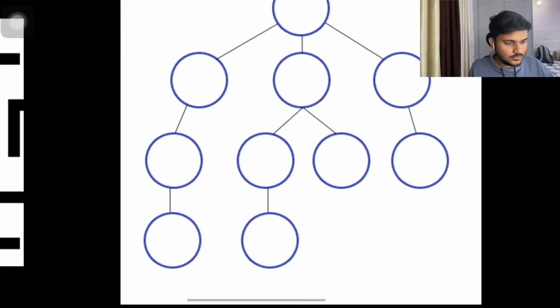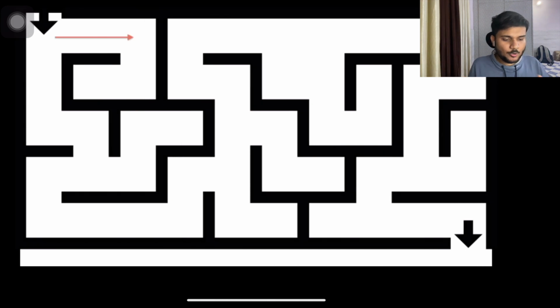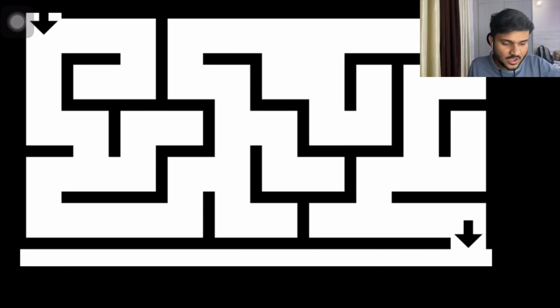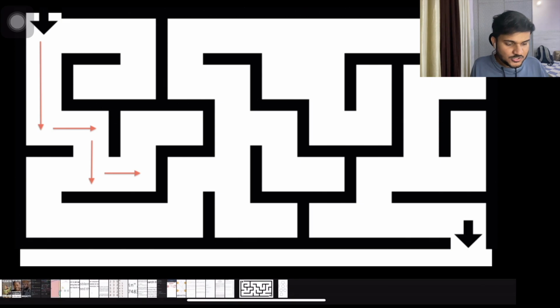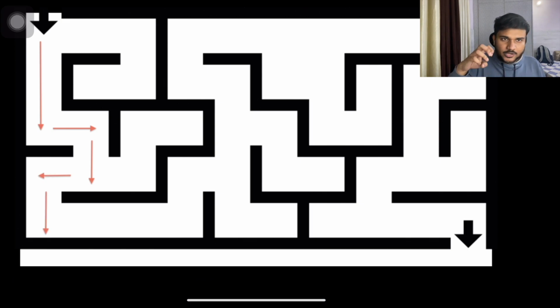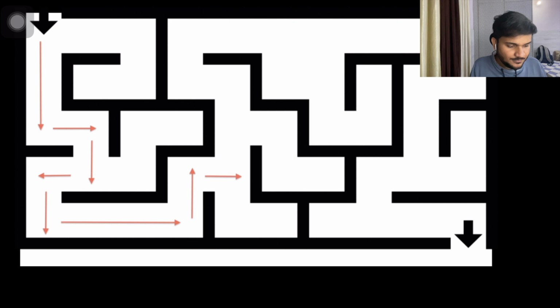If you have ever seen a problem of a maze like this, here you can see you have a starting point from which you are trying to find the final path to the ending point. You are trying all possible paths. Whenever you are blocked, just like this was blocked, you go back and try some other path. Again you are blocked, you again go back and try the rest of the paths.